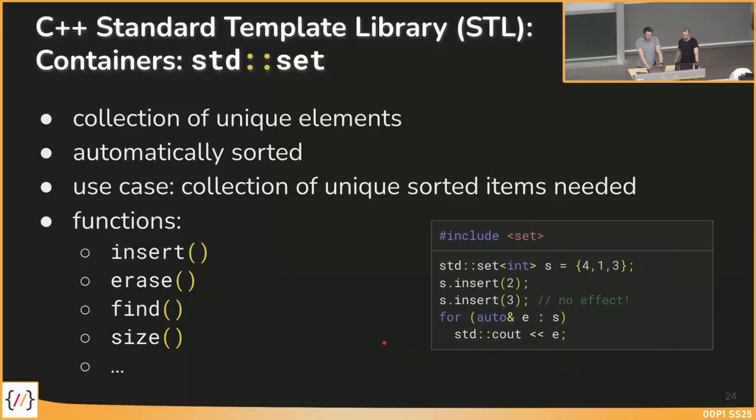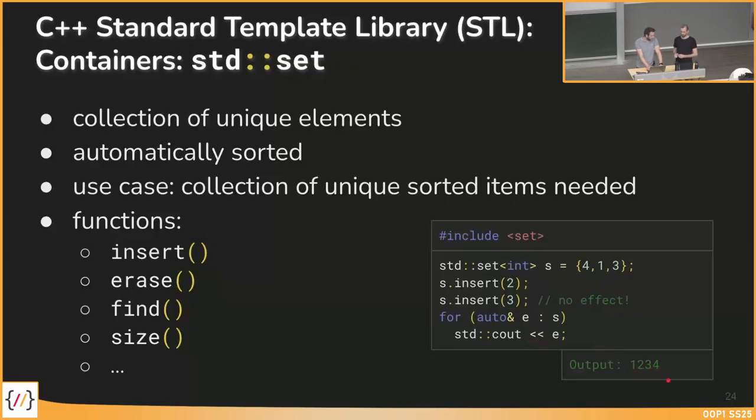One example could be to have a set with the elements 4, 1, and 3. If I insert 2, 2 is inserted, but if I insert 3, it doesn't have an effect because 3 is already in there, and since there can't be duplicate elements in a set, nothing happens. So if I iterate through the whole set, then I get a sorted output of unique elements 1, 2, 3,